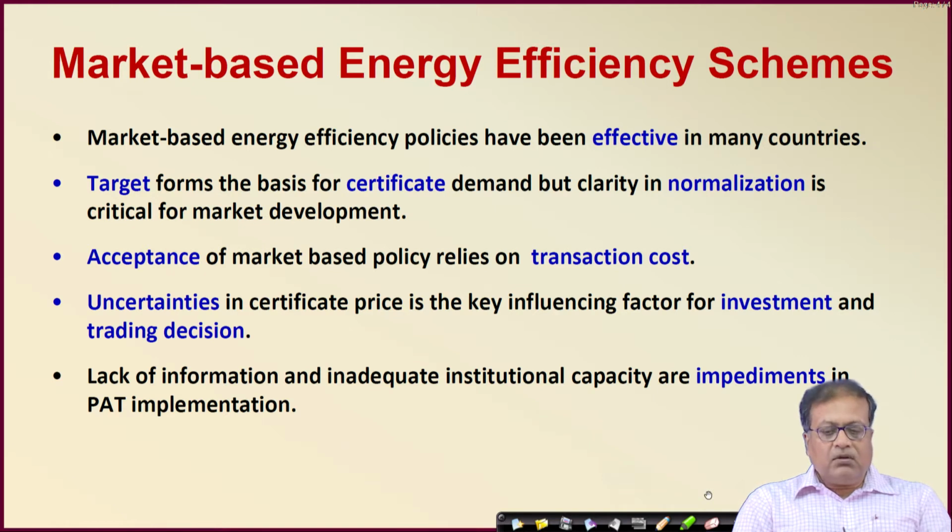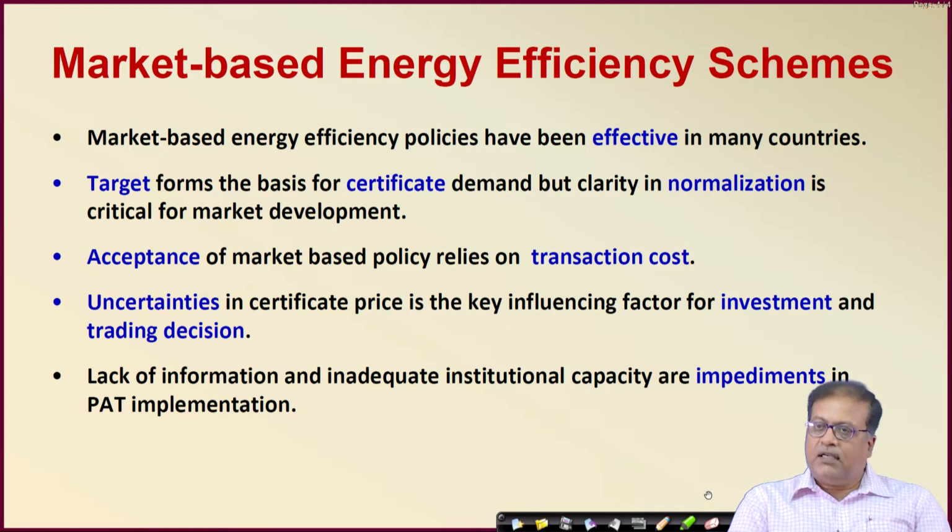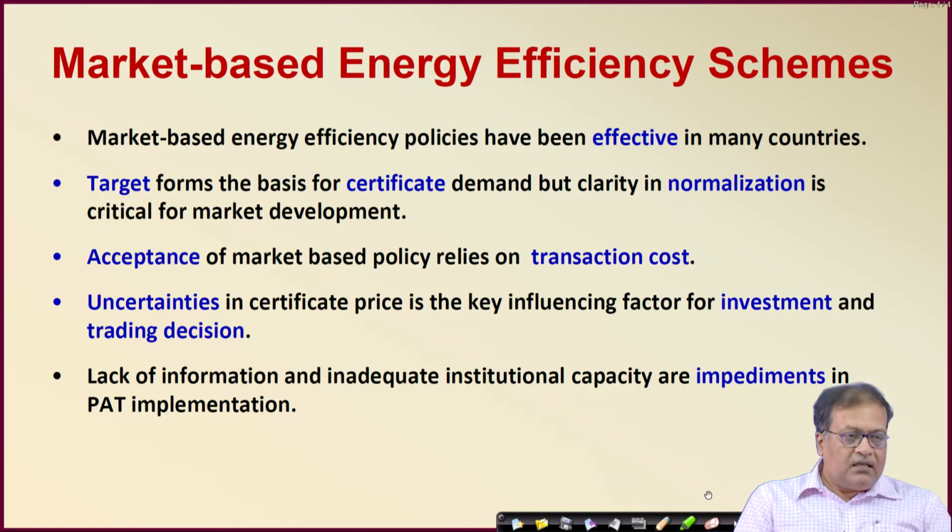But then there is also an issue of what is known as normalization. Now, what is normalization? You see, while setting a target, you have to see whether it is an achievable target. If you give somebody a very easy target, then they will achieve it easily. So, you are giving them a certain advantage. Look, you have achieved the target, but if it is an easy target, then they achieve it easily. So, you are giving a reward to somebody for an easy achievement.